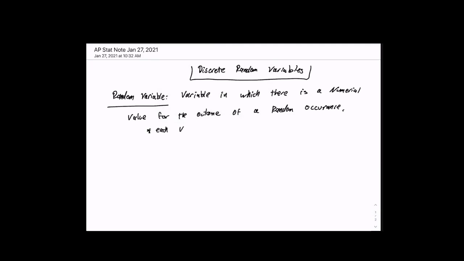Each numerical value outcome, which we define as x, has a known or calculated probability, p of x. So,